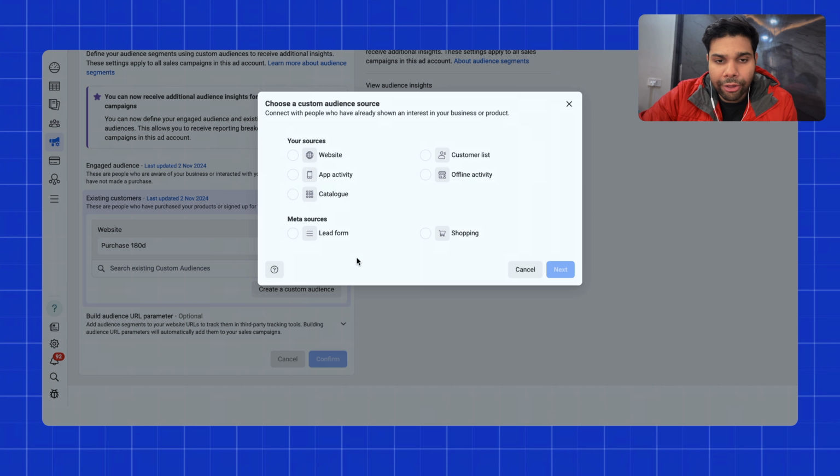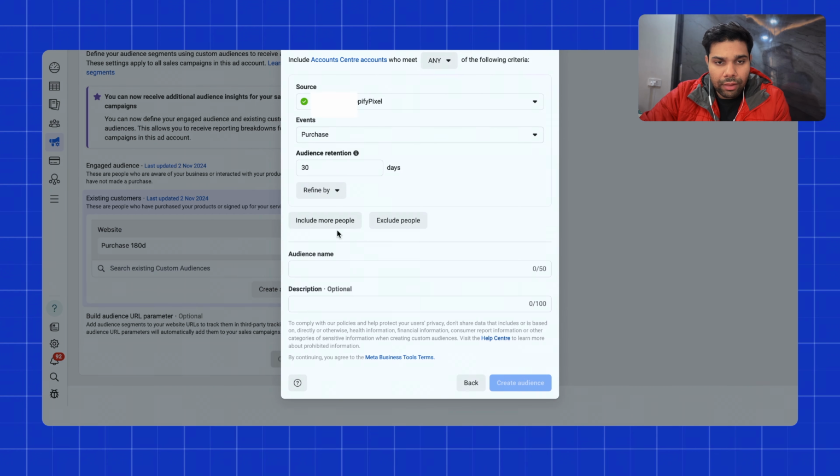These are the sources that you can use. You cannot use Facebook engagers or Instagram engagers. The only sources you can use for engaged audiences and existing customers are website, app activity, catalog, offline activity, customer list, lead form or shopping. Just click on website, click on purchase and click on 180 days. You cannot go beyond 180 days, so just define 180 days and name your audience Purchase 180 days,